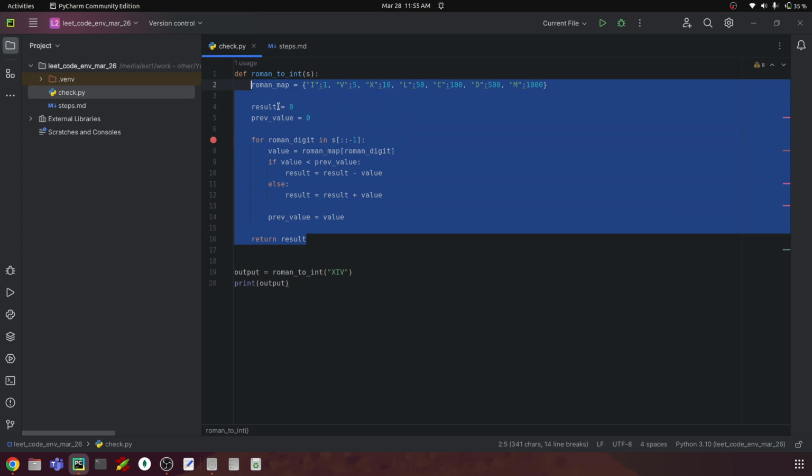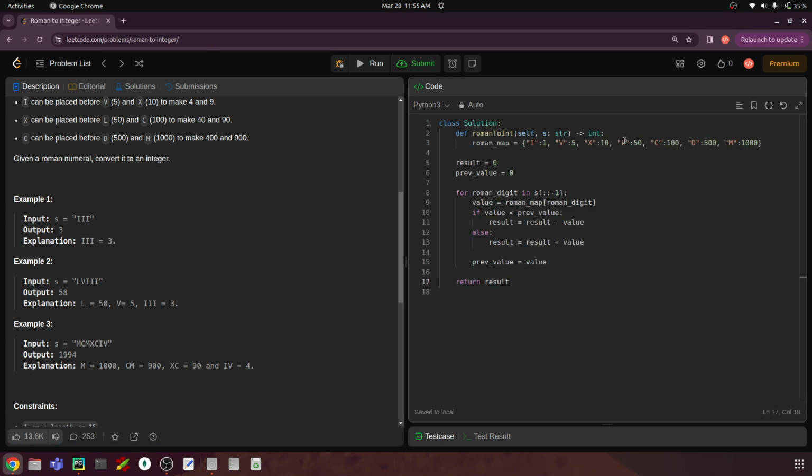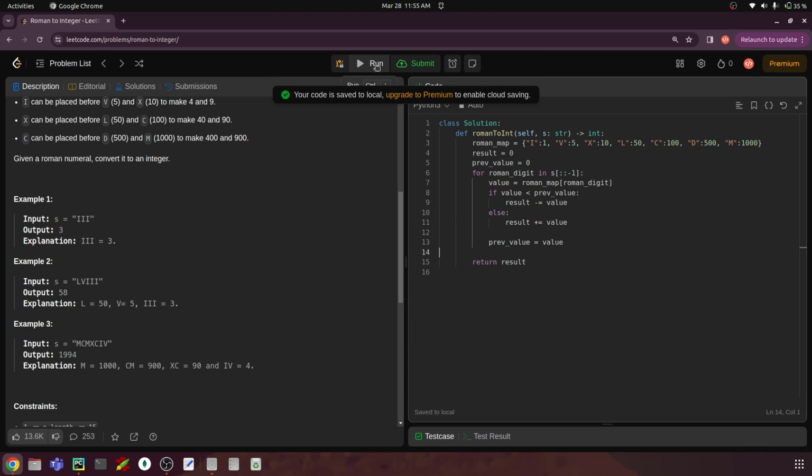So I'll just copy this entire code and paste it over here, and let's check if it is passing all the test cases. If it does, we can submit it and validate it with even more test cases. Okay, so let me just remove all these spaces, and as I said, instead of writing result is equal to result minus value, you can just simply say result minus equal to value, and here you can say result plus equal to value, and so on. This is the code. So first you can run this,